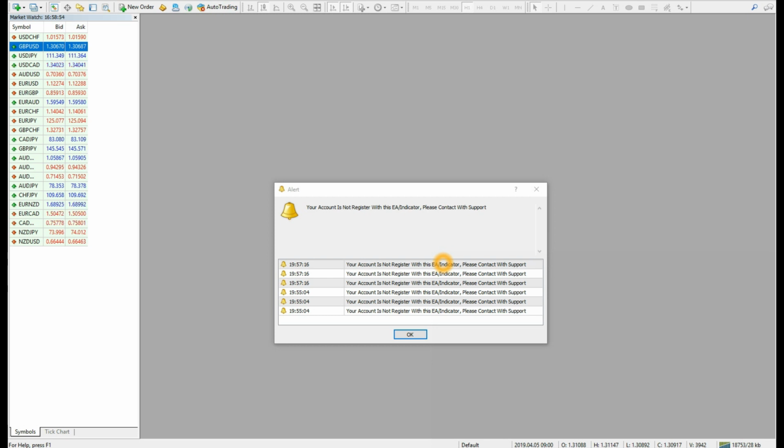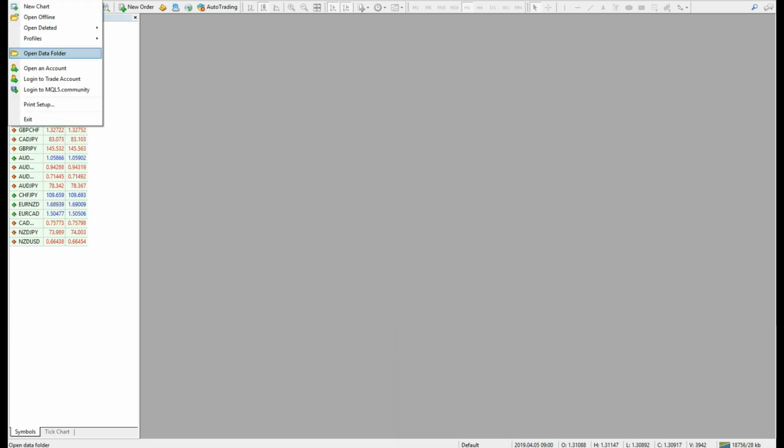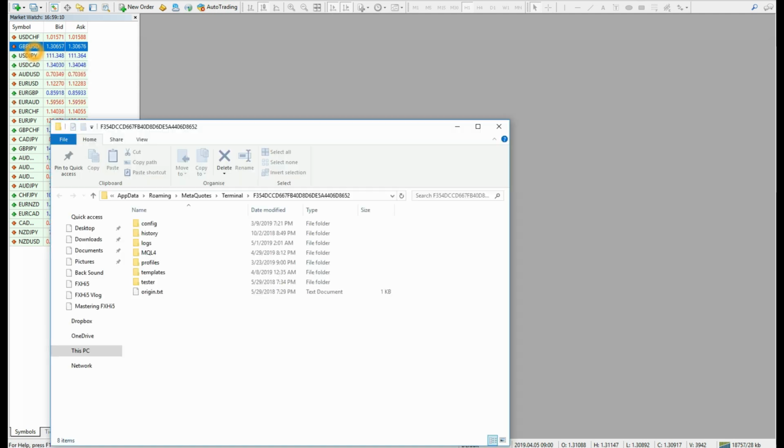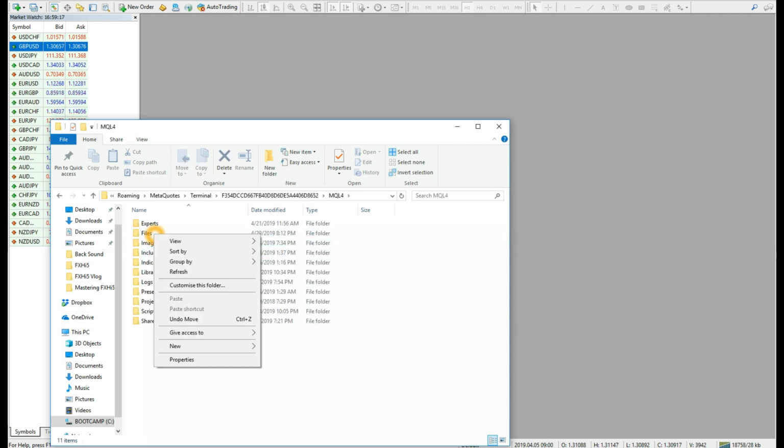So first thing first, you have to close it and go to your open data folder, and from your open data folder you will see the MQL4 folder. There you right click and delete the files folder, delete this folder first. Okay, that is the first thing you have to do. And after that,